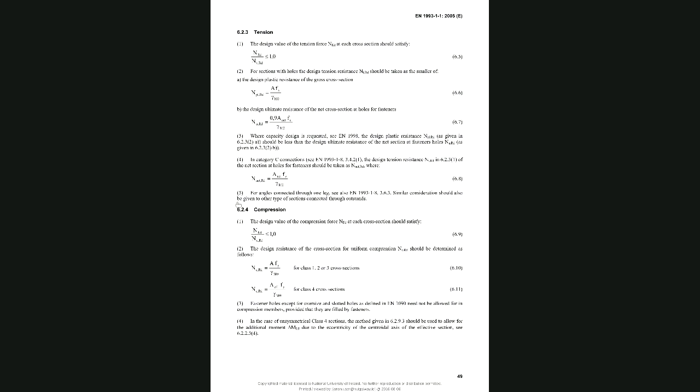And then if you look here at 6.2.3, number 5, it says for angles connected through one leg, see also EN 1993 part 1-8, 3.6.3. Now that's actually supposed to be in there, that's a mistake. That should be 3.10.3. So it's a mistake in the code. So for angles connected through one leg, see 3.10.3. Similar considerations are also given to other types of sections connected through outstands. So if we have an angle section that's eccentrically loaded, like the example we've just shown,